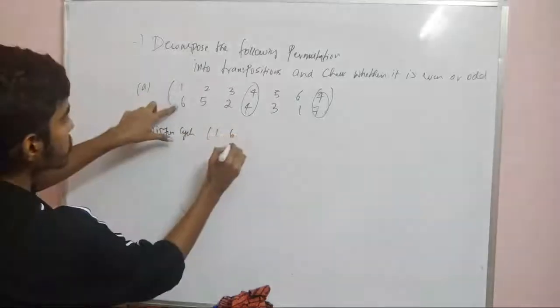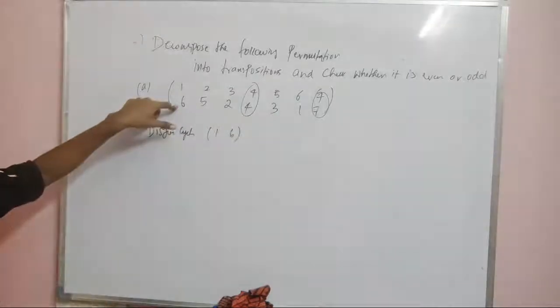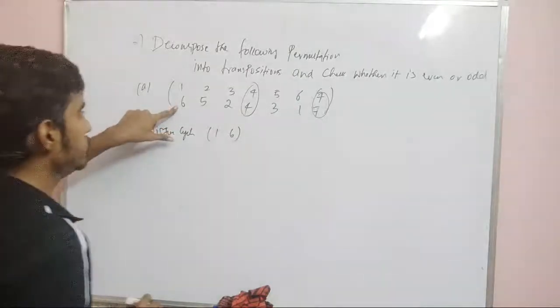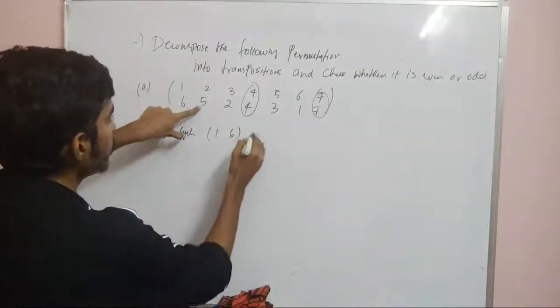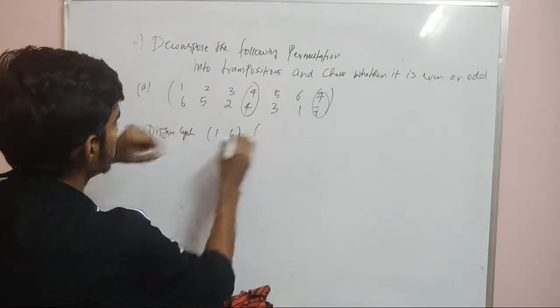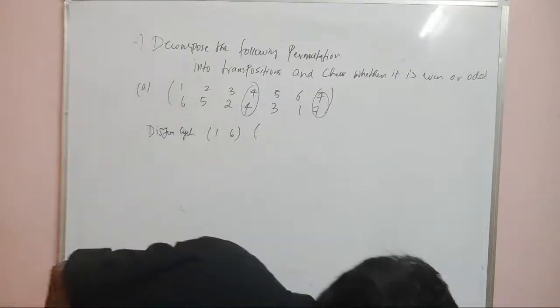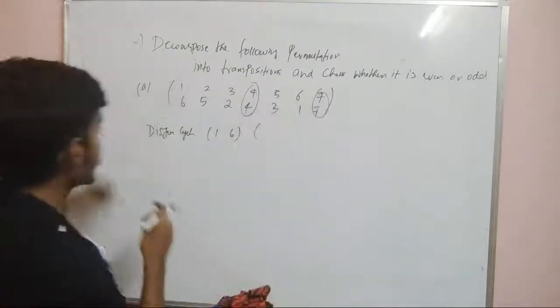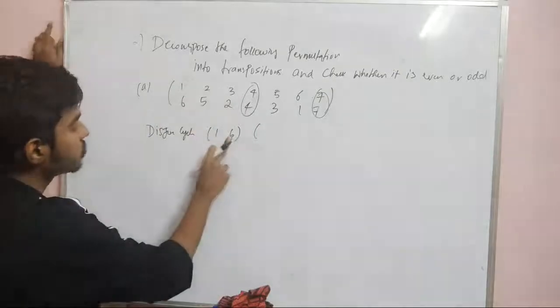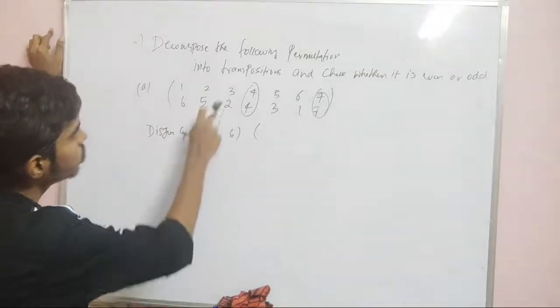So 1 goes to 6, 6 goes to 1 again. So we need to close the brackets, and 2 goes to 5, 5 goes to 3, 6 5 2 4 3 1 7. Yes. So 1 goes to 6, 6 goes to 1, and 2 goes to 5,